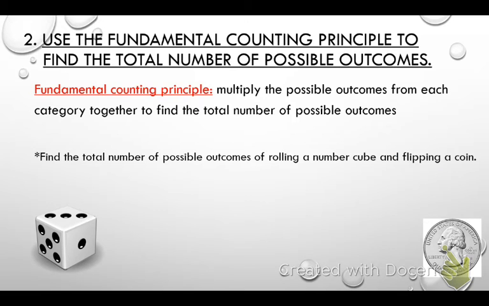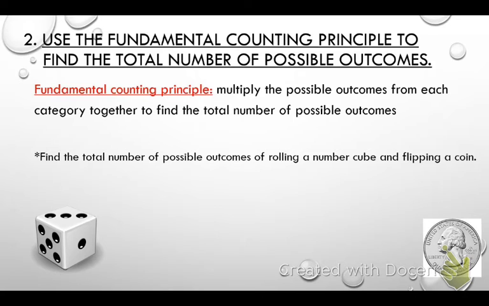Doing things with the tree diagram takes us a long time, especially if there are multiple options. So instead, there's something that I want to teach you called the fundamental counting principle. This is asking us to use the fundamental counting principle to find the total number of possible outcomes. The fundamental counting principle is where you simply multiply the possible outcomes from each category together to find the total